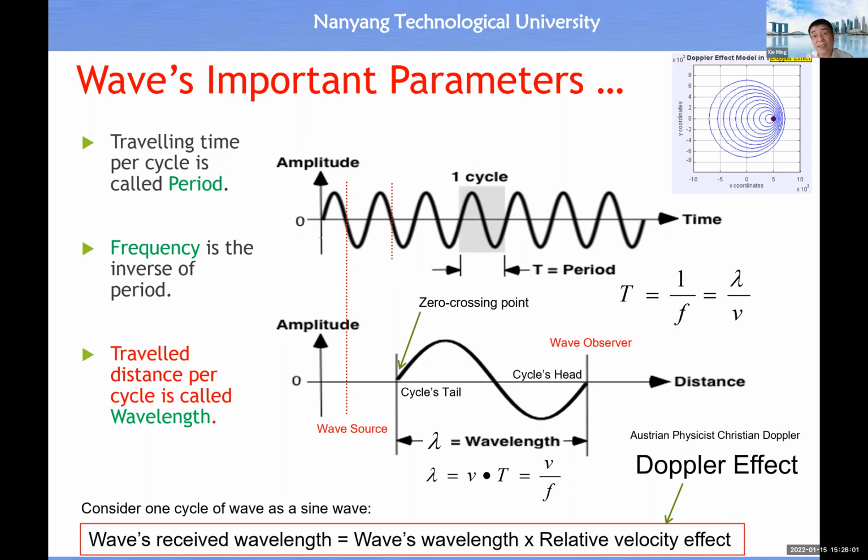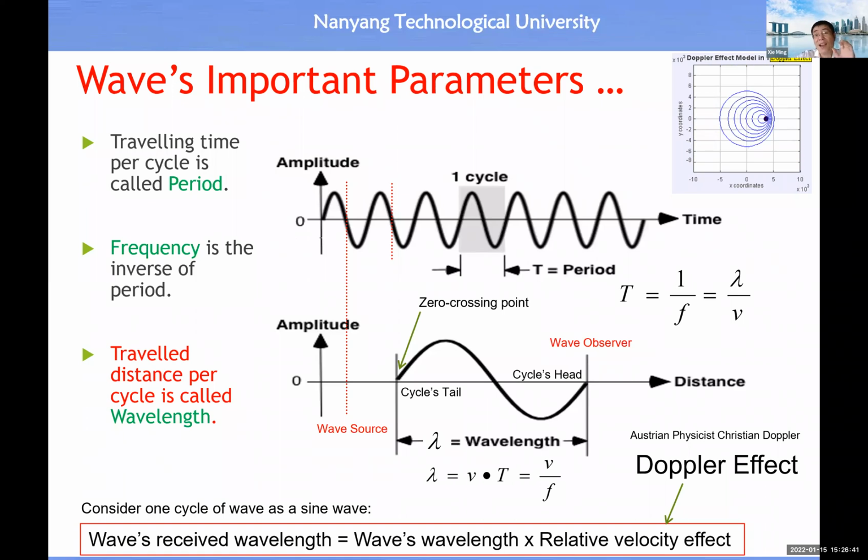So this is easier, and you can immediately understand this scenario. If there is no relative velocity between the observer and the wave source, every value will travel the same distance, yes or no? Say the source is in front of the observer, 100 meters away. There is no relative velocity, and the source sends out the sequence of amplitude values, belonging to one cycle, one by one. Then all the values will travel the same 100 meters, yes or no?